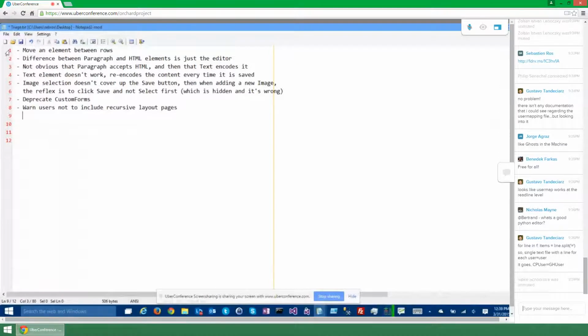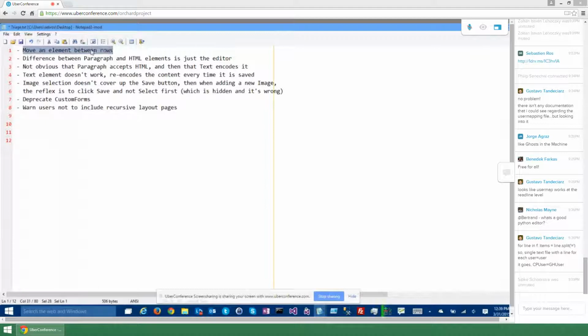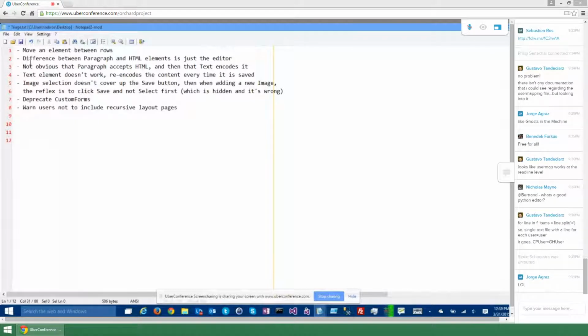The first one is a known one. Moving an element between rows was impossible, and it was kind of sad. Right now you will have to copy, cut and paste, but we want support for that. It's not blocking, but it's the first thing I tried to do. I created some text and I wanted it on the right, because that's the layout. So the difference between paragraph and